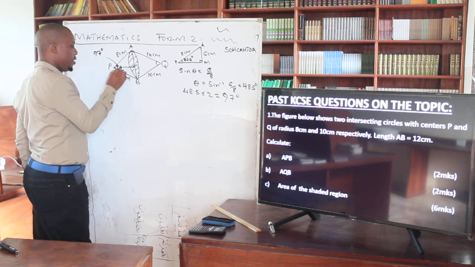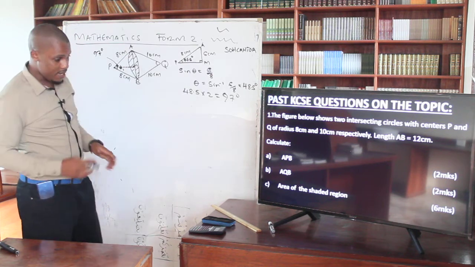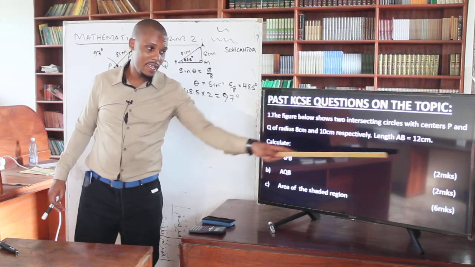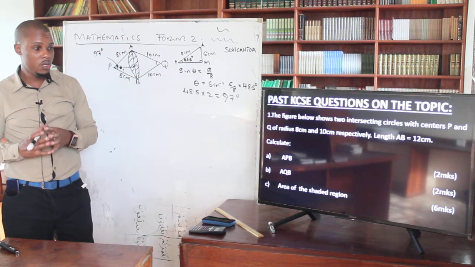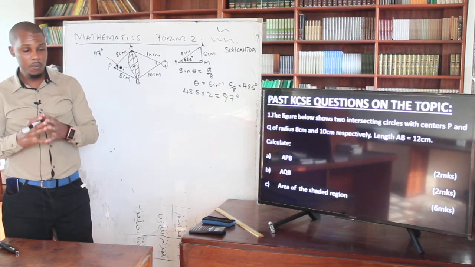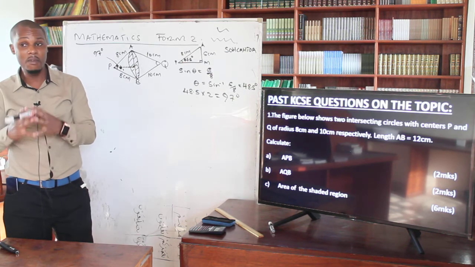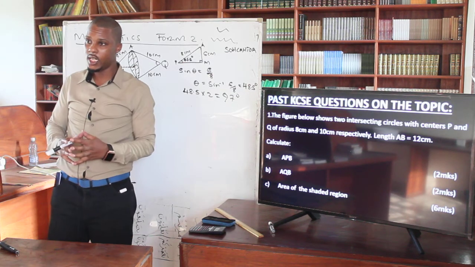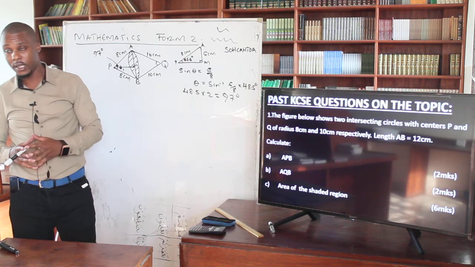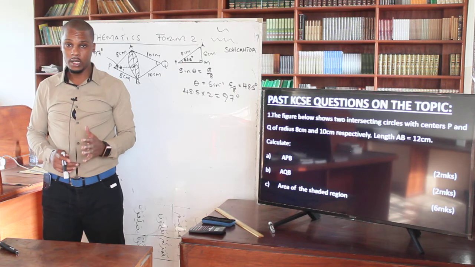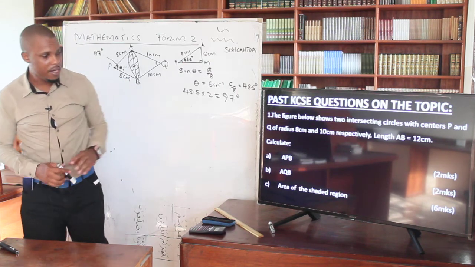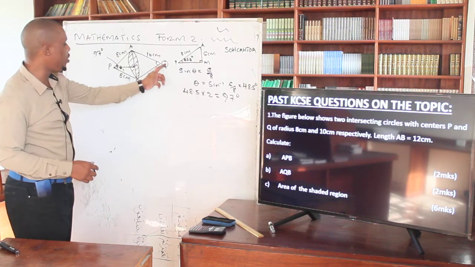That's our theta one. That's how you are going to score your free 2 marks there. You can see there are 2 marks, meaning that these marks are not given. These marks are going to be awarded from the work that you're going to do, and you must be very keen to identify the trick which is there. Don't identify the trick, then again you're going to have some problem getting the correct answer. Then let's go to the next thing, the angle AQB.